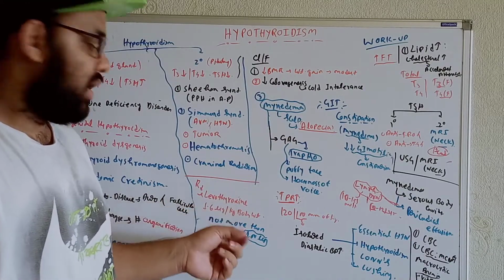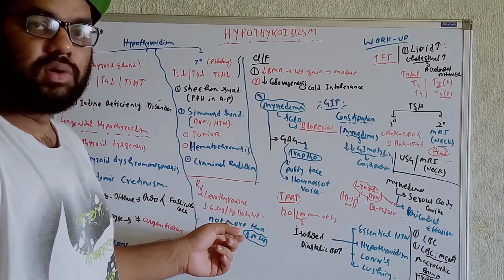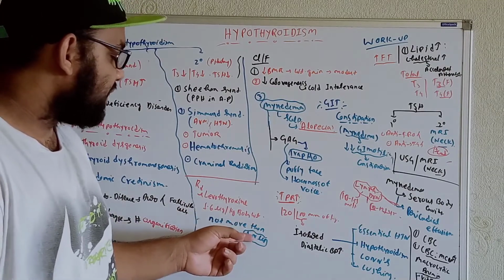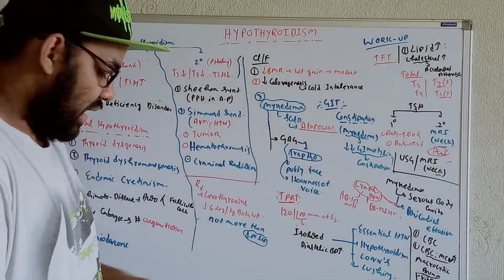But we have to make sure that we are not increasing the dose more than 100 microgram. Because whenever we increase the dose more than 100 microgram, as we know, there